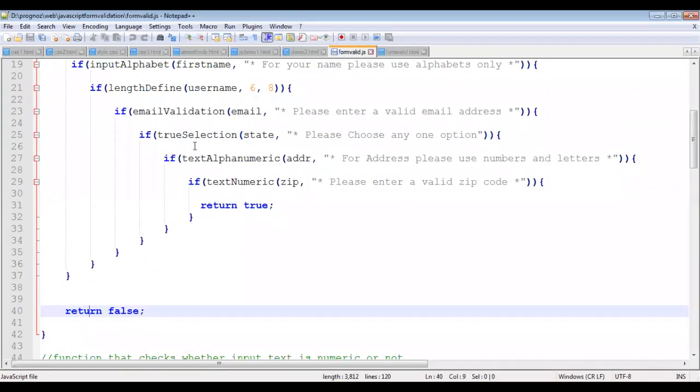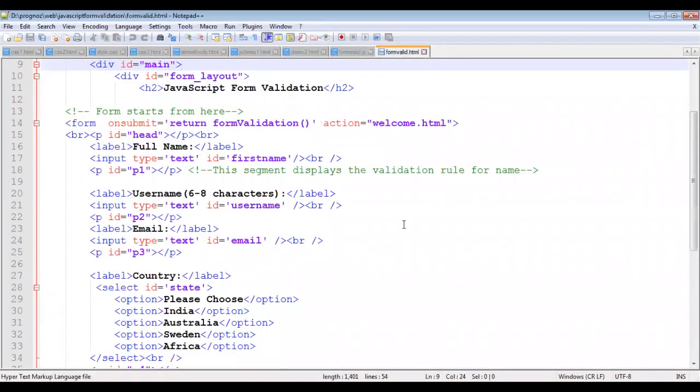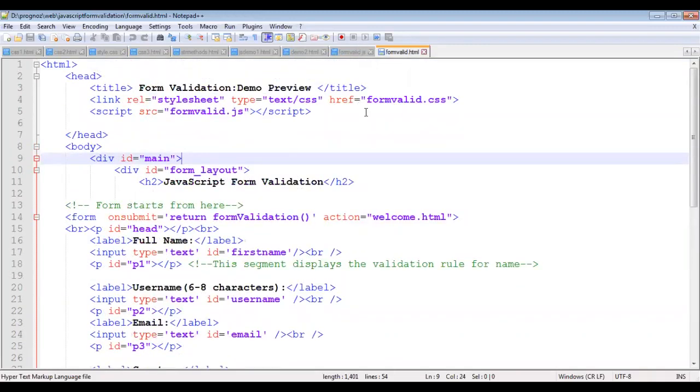Now, once your function is ready to use, you just need to call that function on your HTML page. To do the same, I need to bind this JavaScript file first to the HTML file. So how to bind or link? You have to write script src equal to form valid.js.